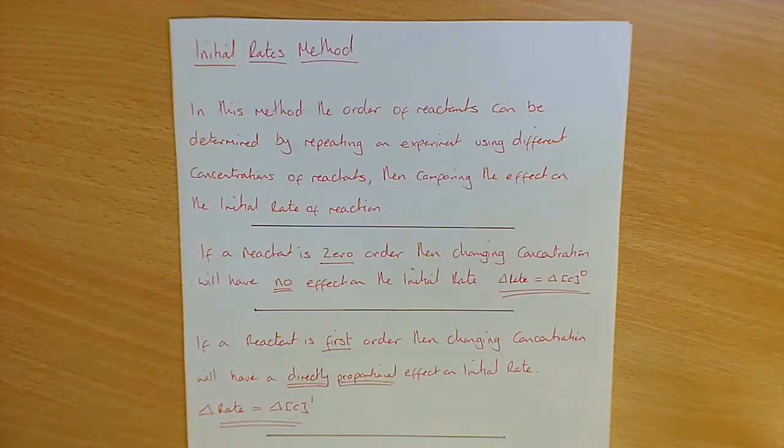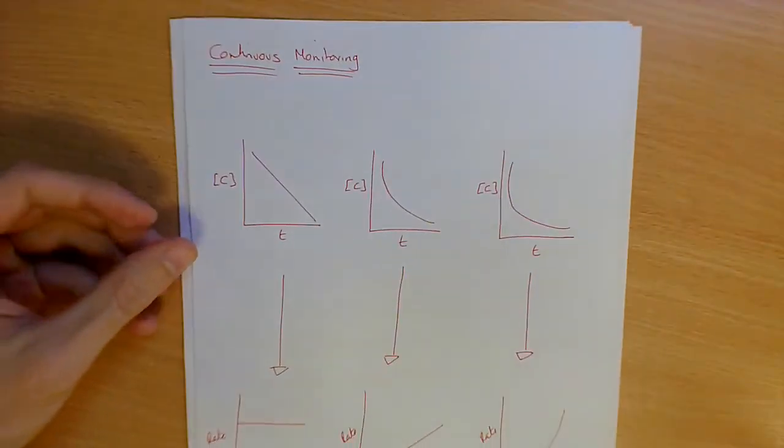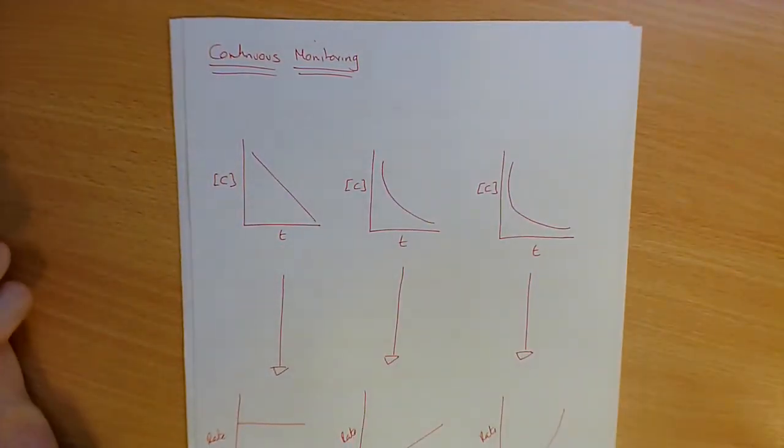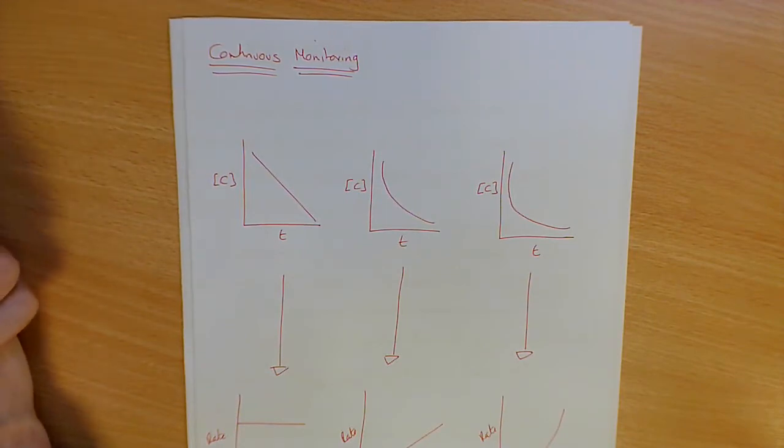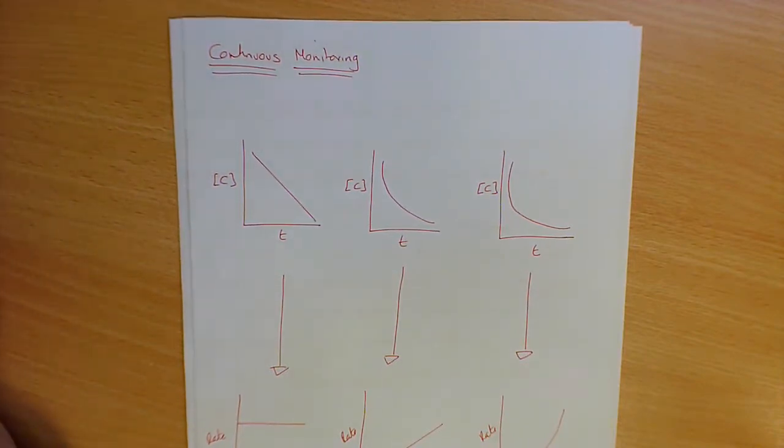In this video we're going to look at the initial rates method for determining the order of different reactants. Just to recap very quickly, last video we looked at the continuous monitoring method, which is when you measure the concentration over time. Now again, we very rarely actually measure concentration over time. We measure something that is proportional to concentration over time, perhaps volume or change in mass, things like that. But you can plot a concentration time graph, and from your concentration time graph, by calculating the gradient of the line,